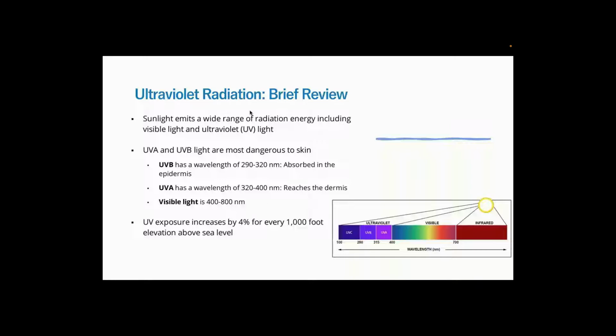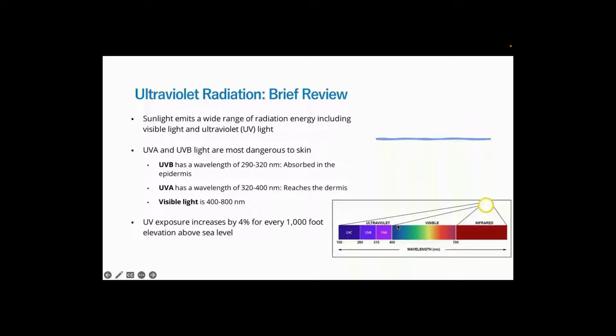Sunlight emits a wide range of radiation energy, including visible light and ultraviolet light. Under ultraviolet light, there are two types, UVB and UVA. These types of ultraviolet light are the most dangerous to the skin, and have actually been shown to lead to skin cancer. So UVB,